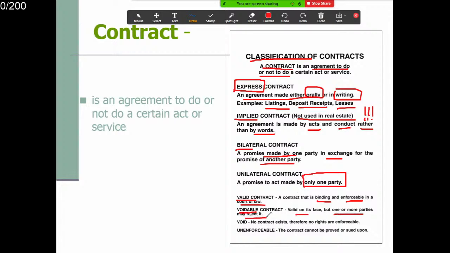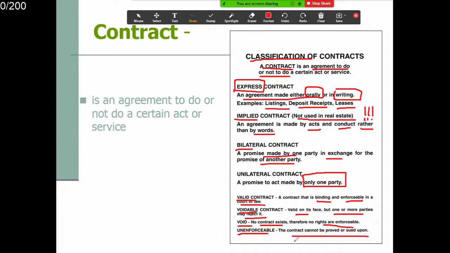Voidable contract 可以取消的 contract, OK, is valid on the face but one or more parties may reject it, OK，它是合格有效的协议，但是呢，一方还有两方可以取消的，叫 voidable contract。Void, what is void? No contract exists. When you say contract is void, there's no contract. Therefore, no rights are enforceable. Okay, void contract, you cannot use a void contract in a court of law. Unenforceable, okay, 这是没有办法去法庭来处理的。